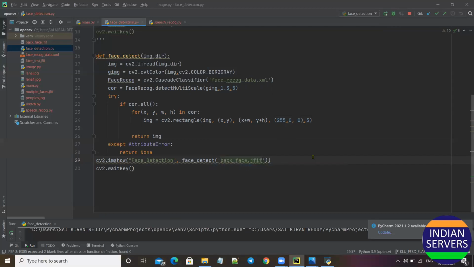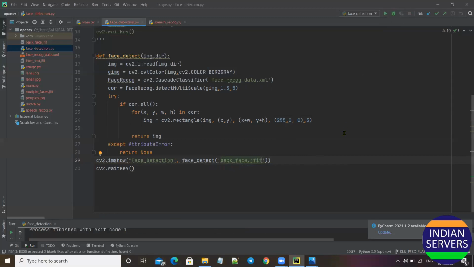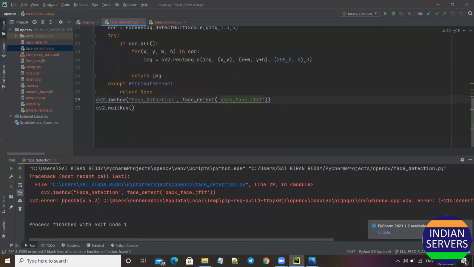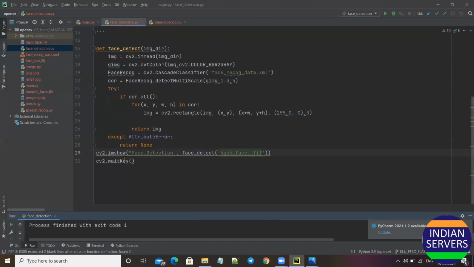In case I give no faces in the image, which means I am giving a back face image, which is already loaded in that. We can observe the output as no image was detected. Here it gives the cv2 error, which means no image was in that. And I also use imshow, the method used to display the image in a window, which automatically fits the image size. Here I can use even different picture sizes also. cv2.waitKey returns the character code of the currently pressed key. If no key is pressed, it returns -1.